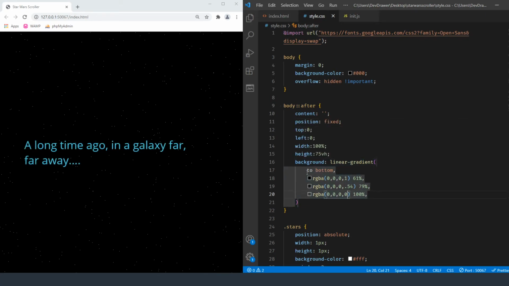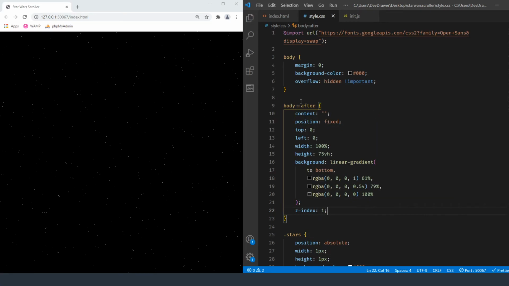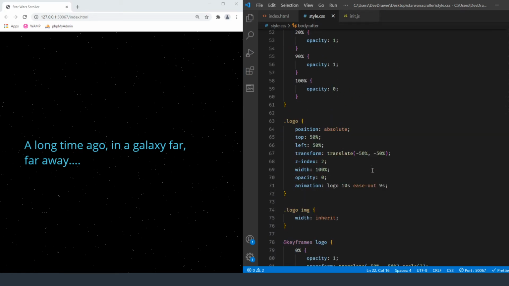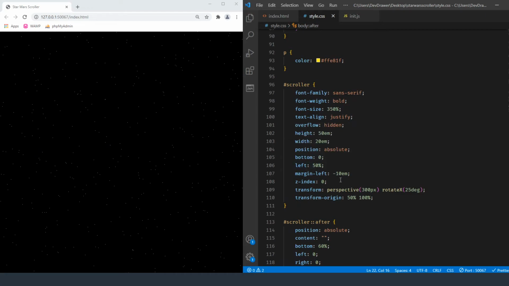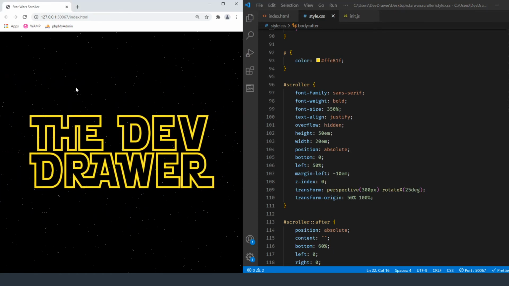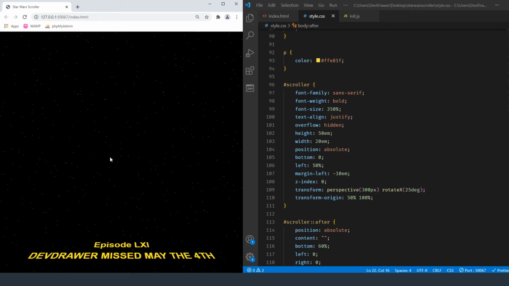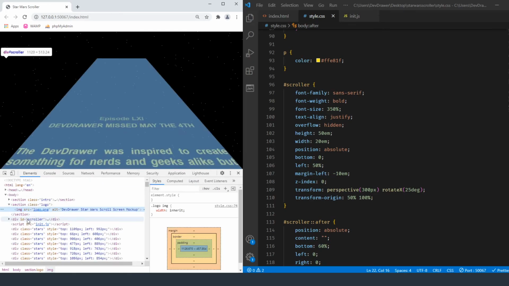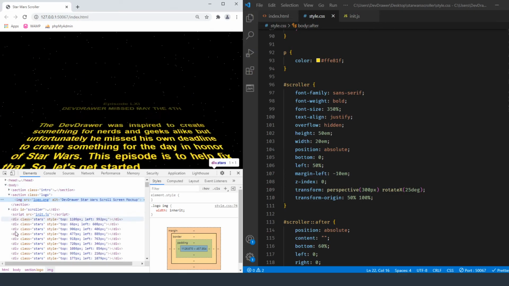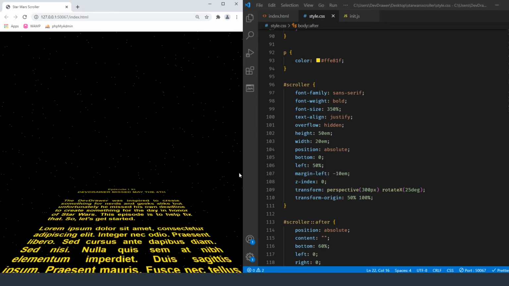So that should give us the background transparency that we're looking for. And then let's do z-index, and we're going to make this a 1 z-index. So let's go down, and we got to find the scroller, and we have a z-index of 0. So that means that our text should fall underneath it, where everything else shouldn't. So let's go ahead and inspect this, and we're going to do after body. So right there, it is fading out, as you can see there.